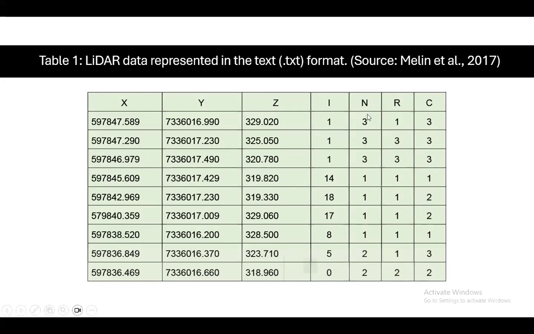Mainly they record X, Y, and Z along with I, N, R, C. I means intensity, the intensity of the reflected laser pulse or reflected beam. N means the number of returns, R means the return number, and C means classification.